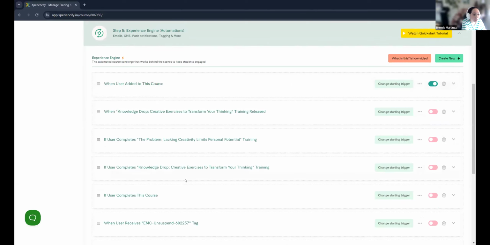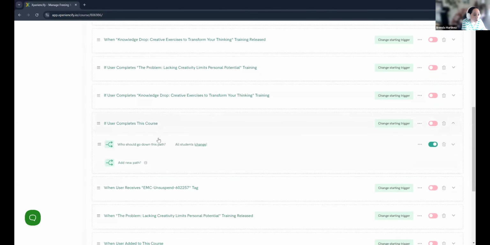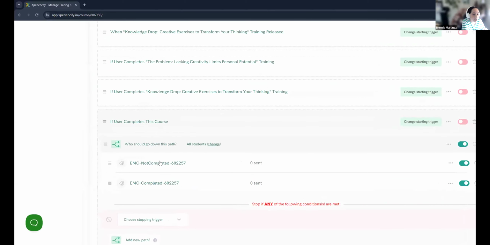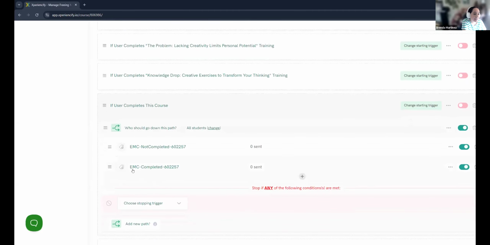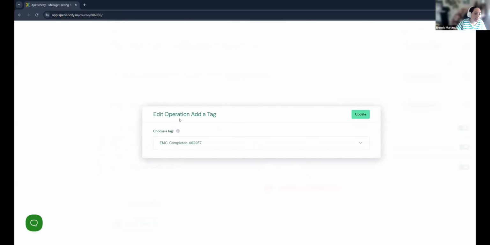But what happens here? If a user completes this course, we have 2 tags. The EMC not completed, remove a tag. So if a user completes the course, we will remove the EMC not completed tag. That makes sense? If they complete the course, we remove this tag that we gave them automatically. And we are going to add this EMC completed tag. If you click there, it says operation add a tag. So when they complete the course, you will give them this completed tag and remove the not completed one,